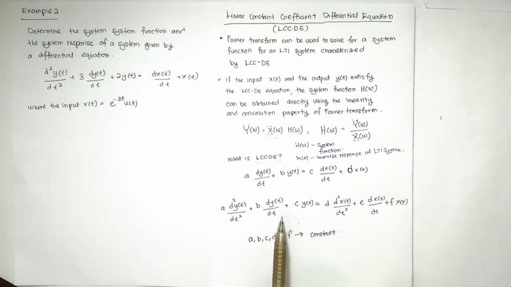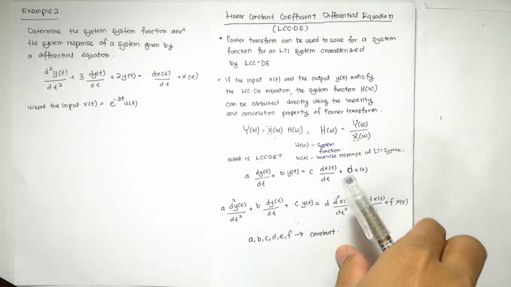Of course, you have nth order linear differential equations, where n refers to the highest derivative in the equation. Here A, B, C, D, E refer to constant values, which are the coefficients of our linear differential equation. We have done one example, so in this video, let's do the second example.